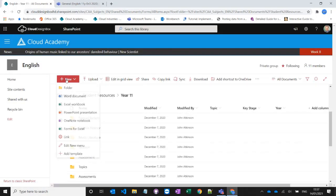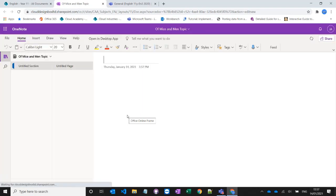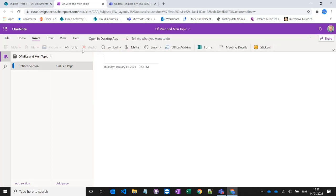So in any of my resource areas, I can create a brand new OneNote, and I'll call it Of Mice and Men topic. Create that. It'll create a brand new OneNote, and this isn't a class notebook. This is just a general OneNote. So it's a bit like a book that I've made here, and I can create my own sections, my own pages. I can insert rich content into there, whether it's audio, pictures, links, tables, embed videos